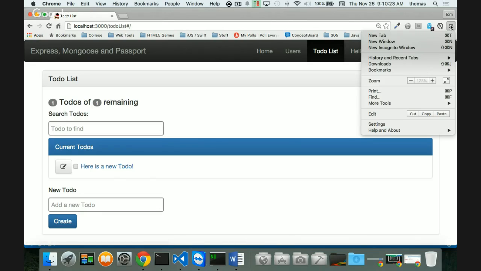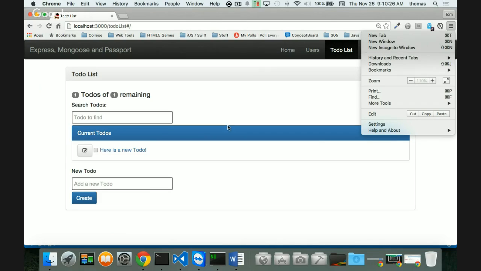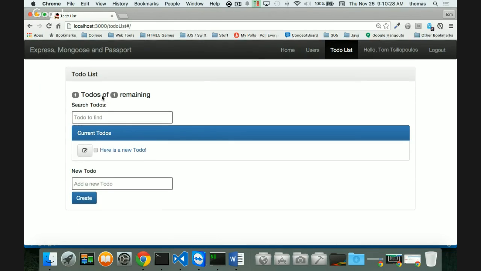Let me just make this a little bit smaller for you guys so we can fit it in. So my to-do list is just basically this task list. This is all Angular front end, right? I mean, it says one to-do of one remaining, okay? So I've got my to-do, and I add a new to-do in. So I say,